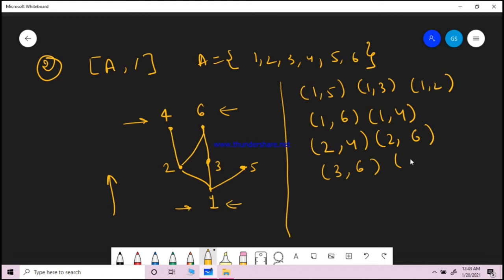And now we have 4 that is not connected to anything, 6 is also not connected to anything. So can you tell me the minimal element? I mean the element that never appeared in the right hand side, and that is... every other element appeared. 2, 1 never appeared, 2 appeared, 3, 4.